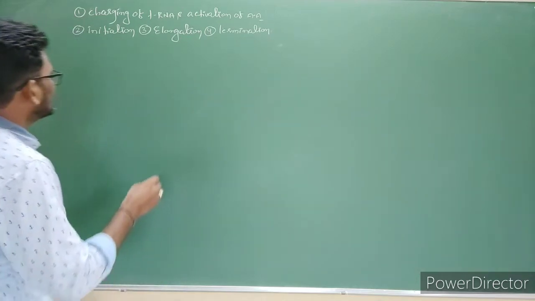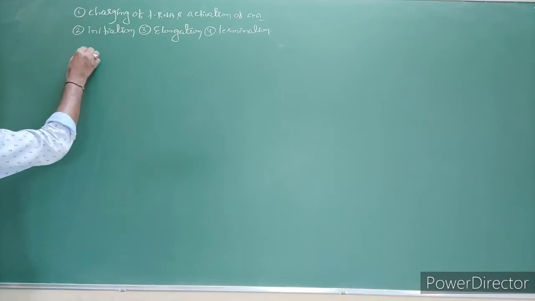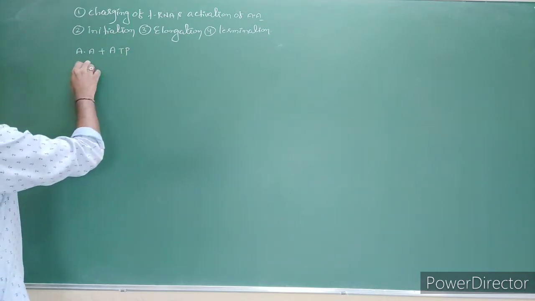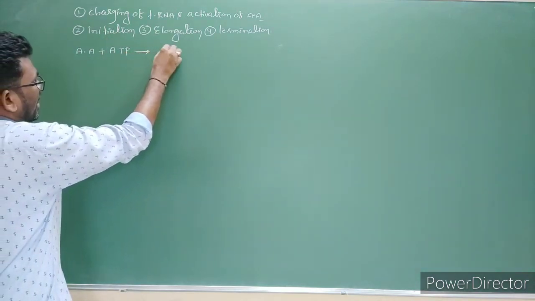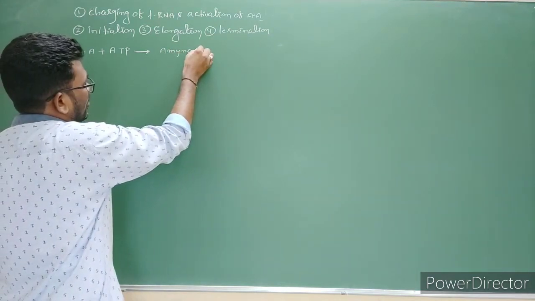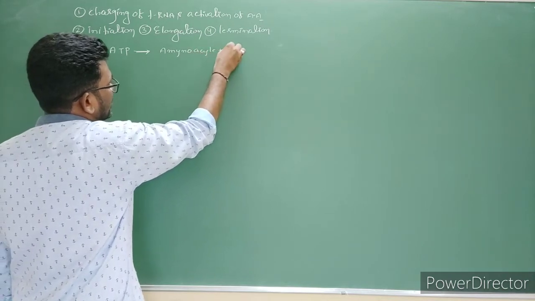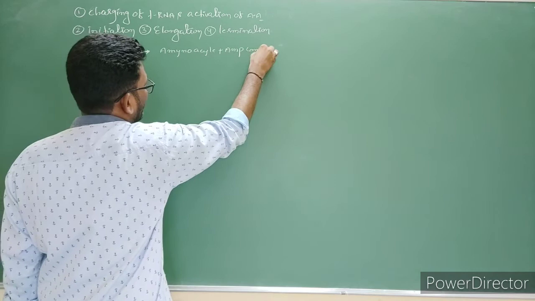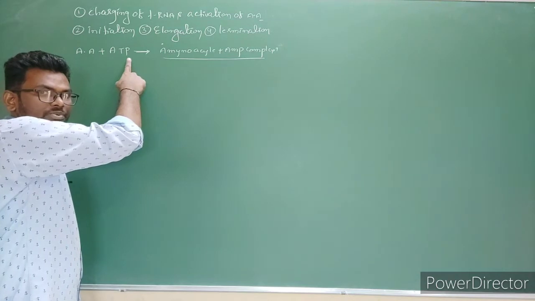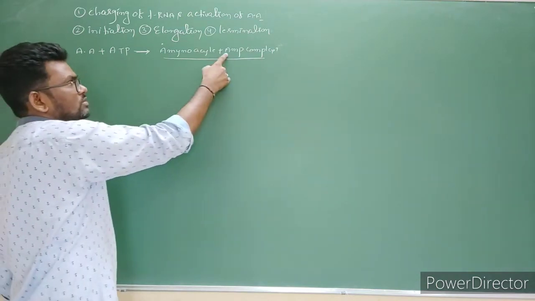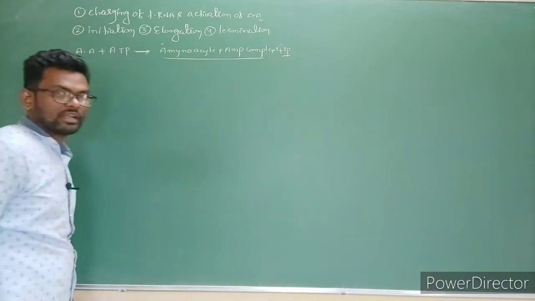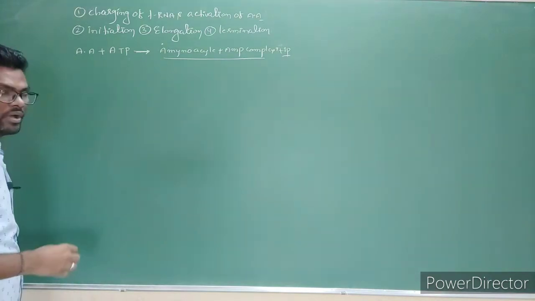Very simple, write it. In the presence of ATP, amino acids are activated to become an aminoacyl-AMP complex. Adenosine triphosphate has 3 phosphates. Energy is utilized to form adenosine monophosphate, and 1 phosphate is released, okay? Now this is the activated amino acid.